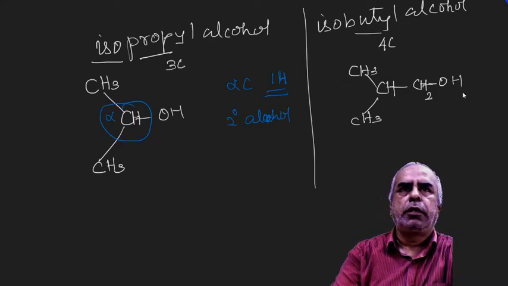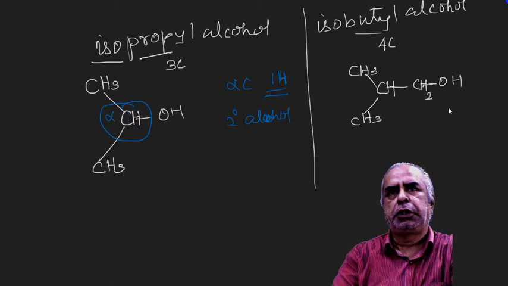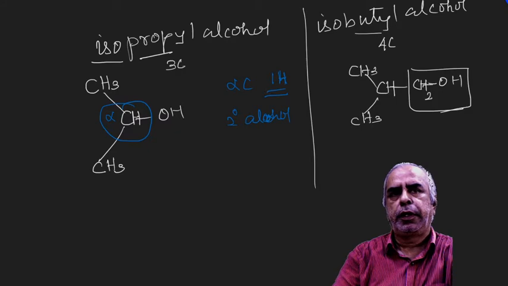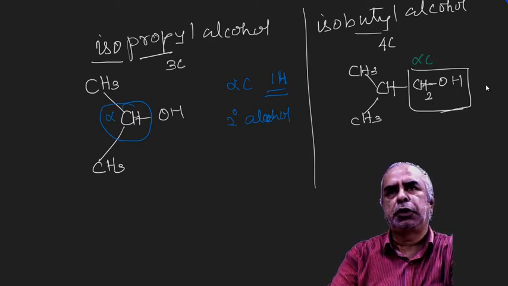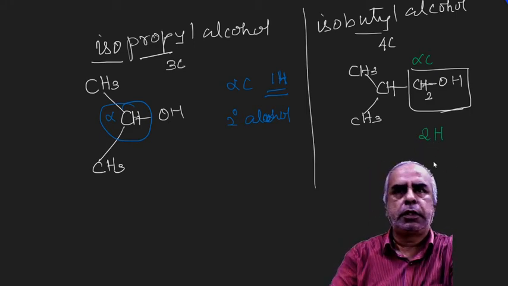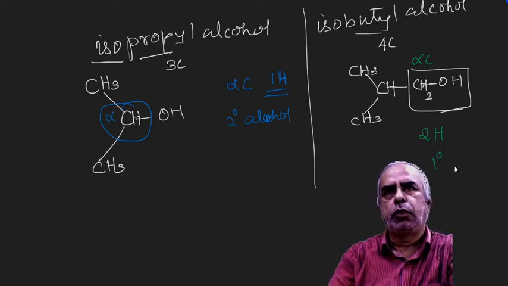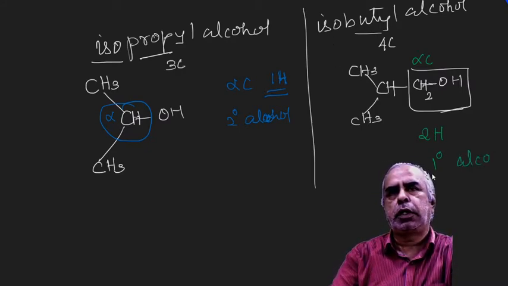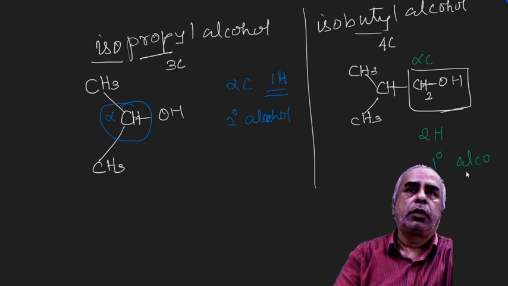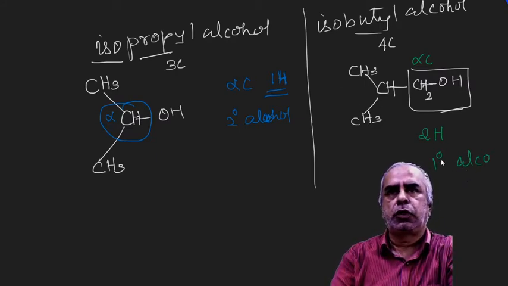Now you check whether it is primary, secondary, or tertiary. So this is primary only. Do you know why? Because this is the alpha carbon atom, and this is the functional group. The alpha carbon atom has two hydrogen atoms, and when it has two hydrogen atoms, then it is primary. Are you able to follow? So this is a primary alcohol only, and since it is iso, it's not necessary that you should have a secondary structure. It has got only primary.